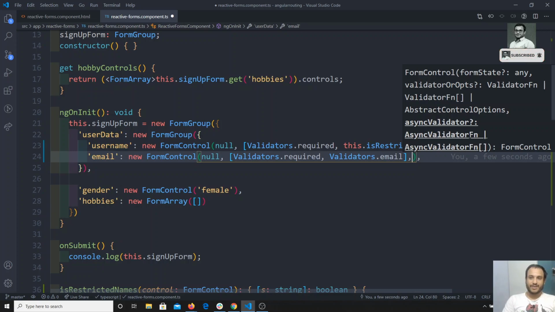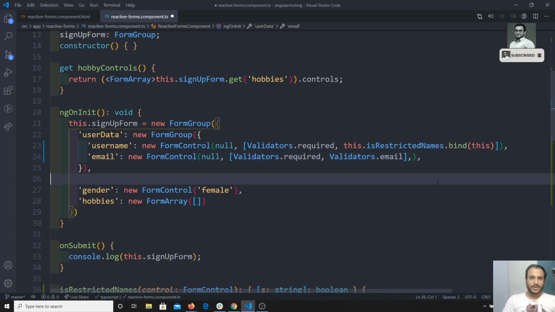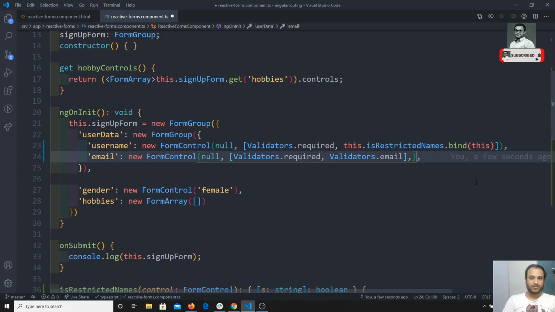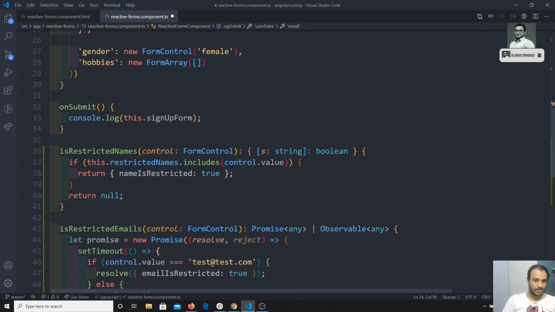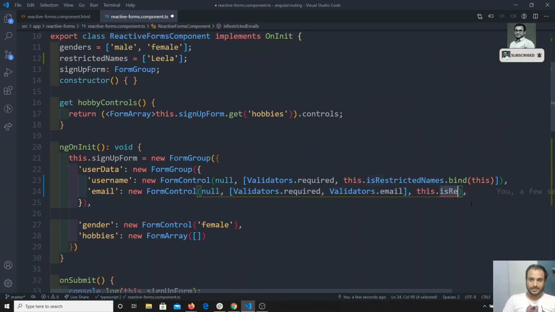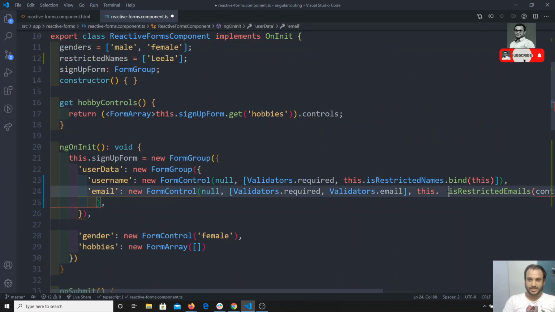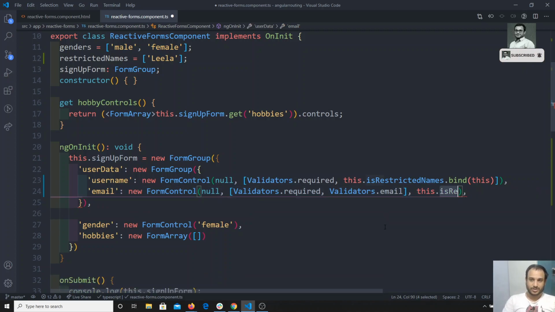It could be a single asynchronous validator or an array of asynchronous validators. Right now we have only one, so we can copy this method and write it here, this dot isRestrictedEmails.